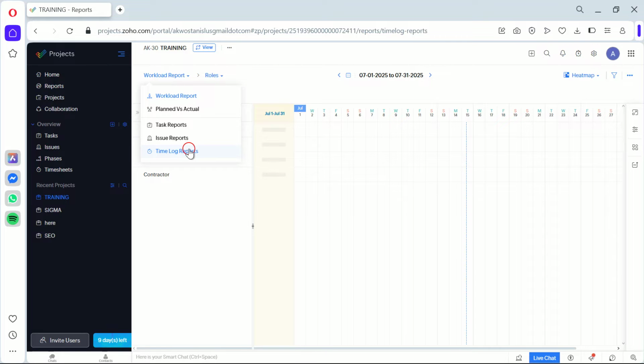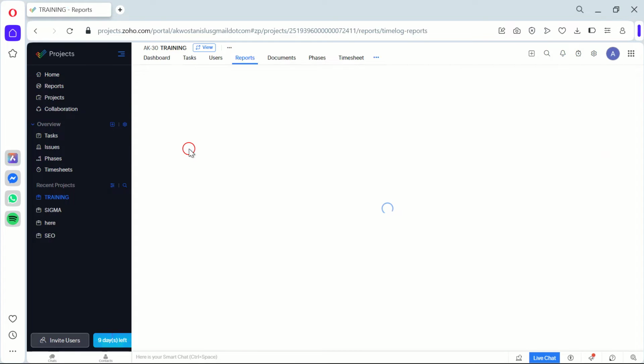And that's it. Now you've got a fully functioning sales training program on Zoho Project. This tool will keep your training organized, your team accountable,